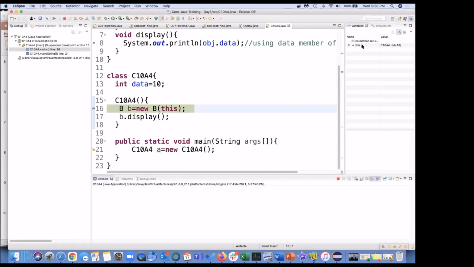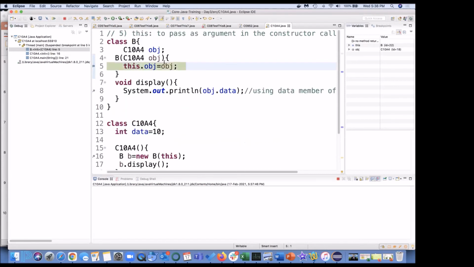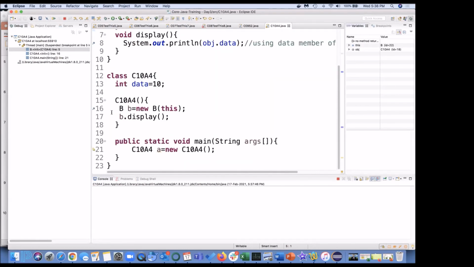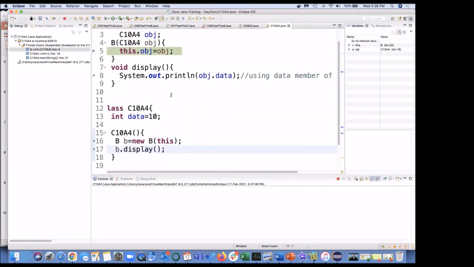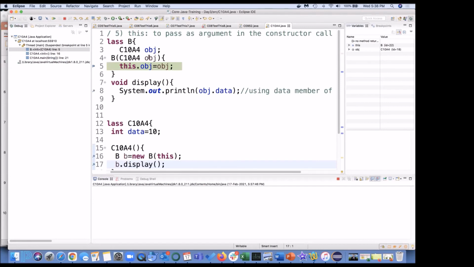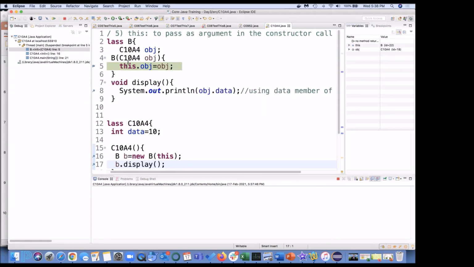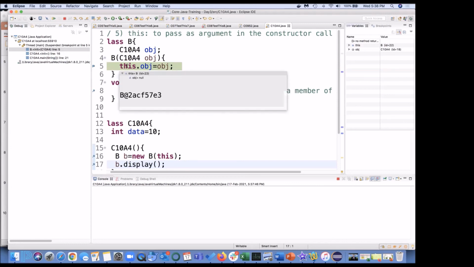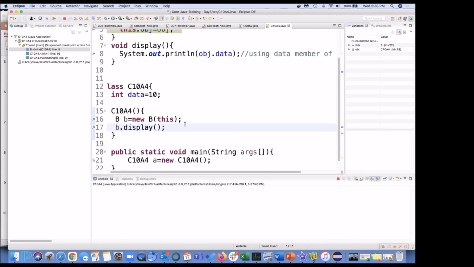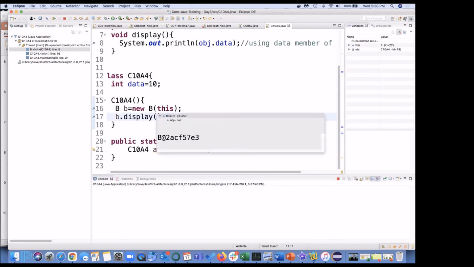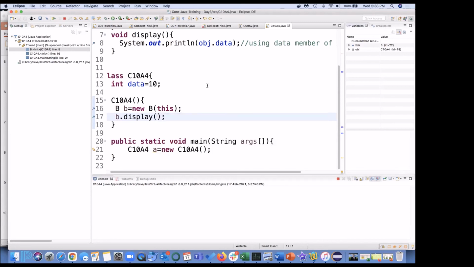And see here, the value of this is A4, our class. Now it goes to object. Now object is of class A4, and this is class B. That's what I was explaining. Here this was of class A, now the value of this upgraded to class B object.